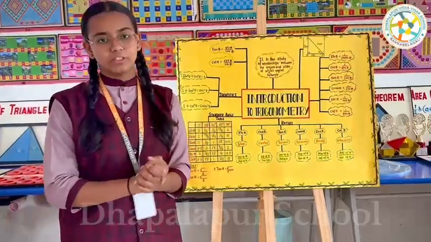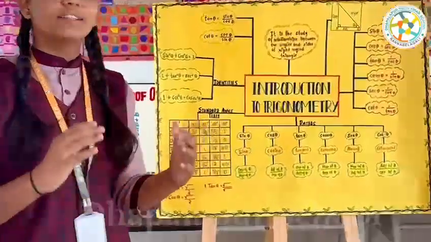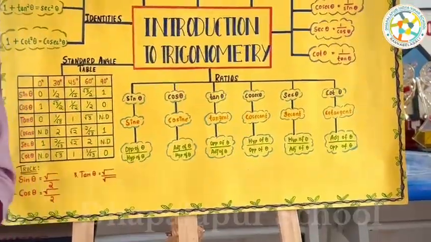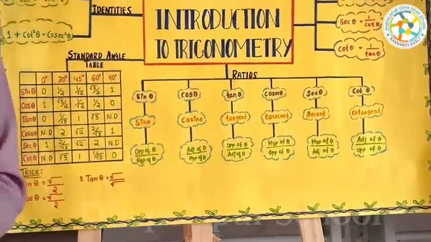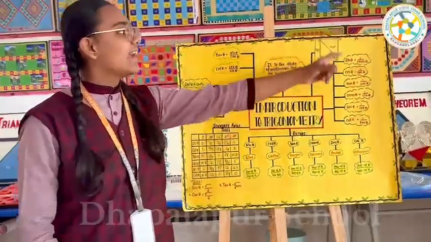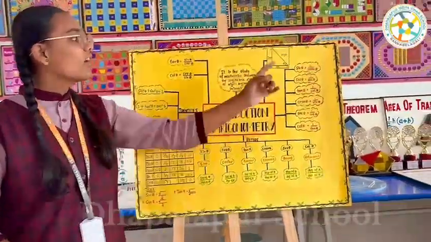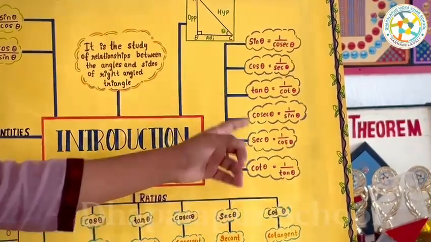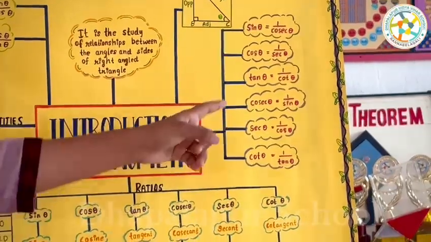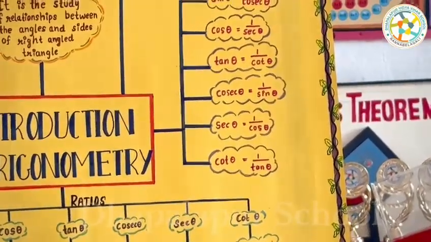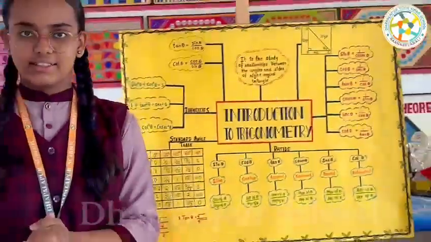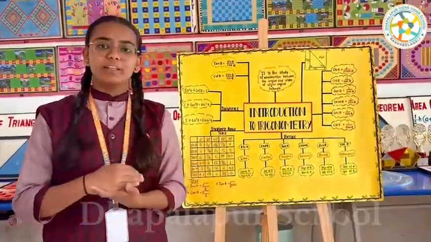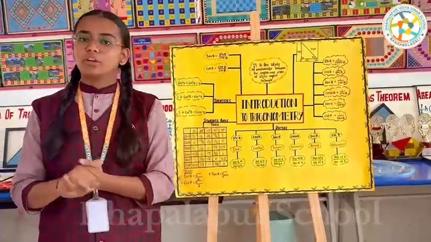Now, if you keenly observe this, you can see that sin theta is opposite by hypotenuse and cosec theta is hypotenuse divided by opposite. We can see that these are reciprocals of each other. That gives sin theta is equal to 1 by cosec theta, cos theta is equal to 1 by sec theta, tan theta is equal to 1 by cot theta, cosec theta is equal to 1 by sin theta, sec theta is equal to 1 by cos theta, and finally cot theta is equal to 1 by tan theta. We learned a few terms related to this chapter, the basic trigonometric ratios and their reciprocals.